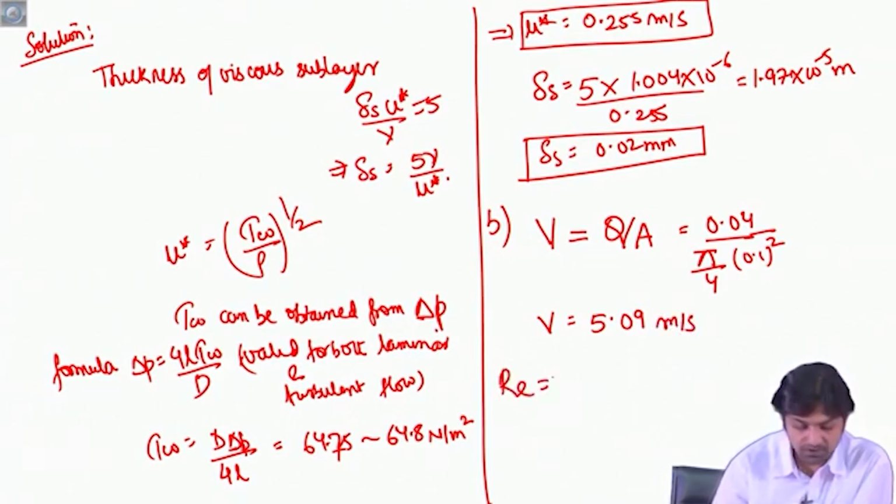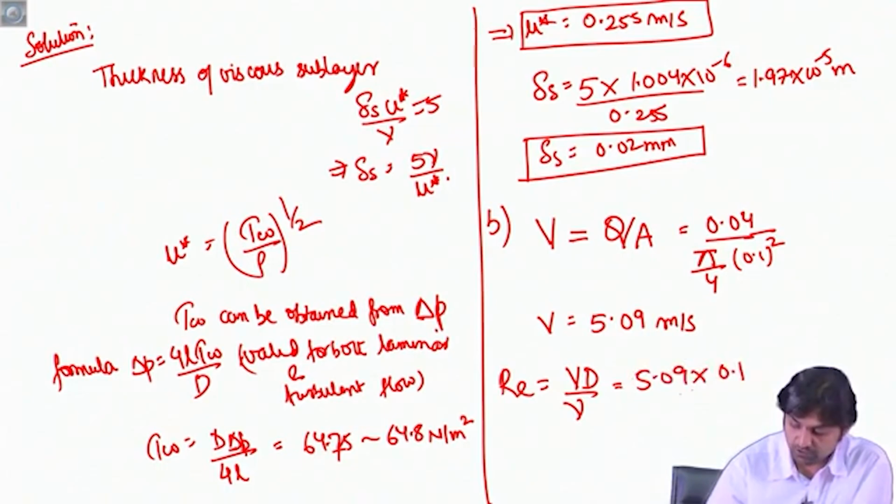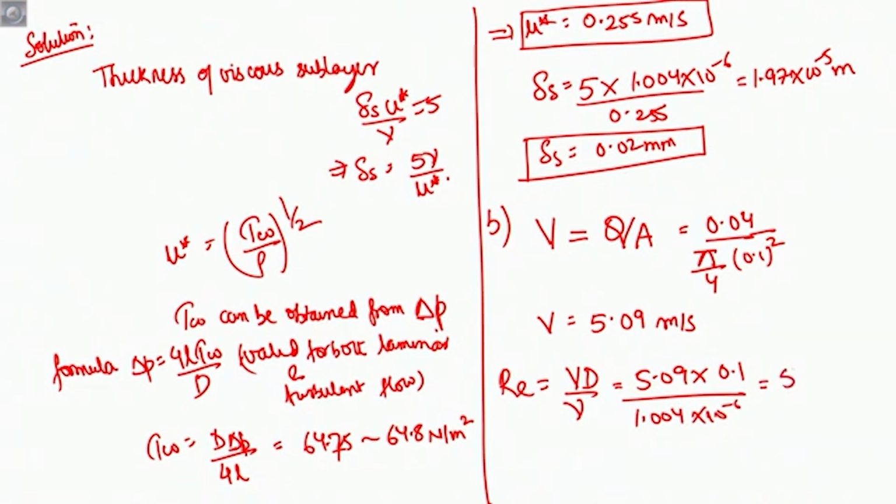Corresponding Reynolds number will be Vd by nu. Alright, values we already know. V is 5.09, diameter is 0.1, and nu is 1.044 into 10 to the power minus 6. So it comes to be 5.07 into 10 to the power 5. Okay. So with this Reynolds number,